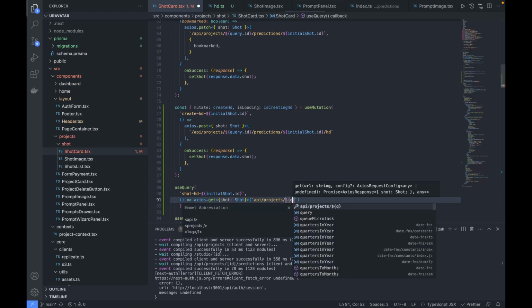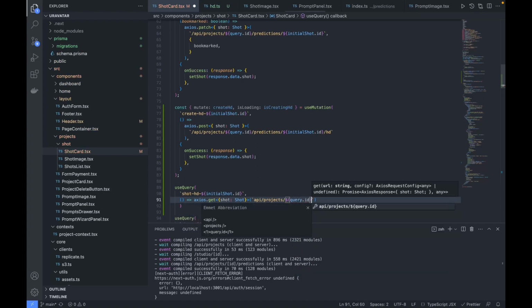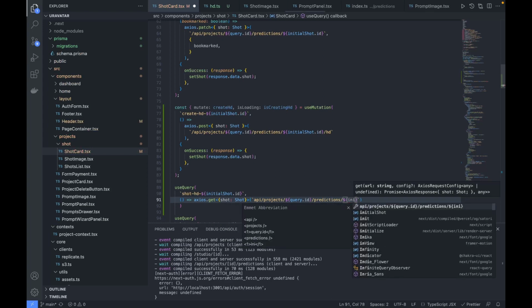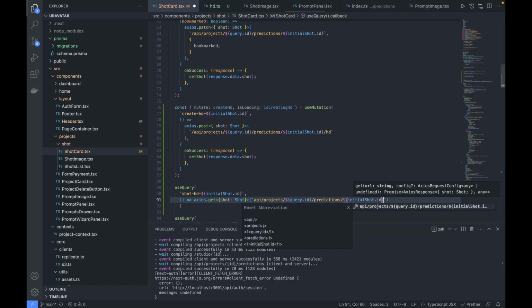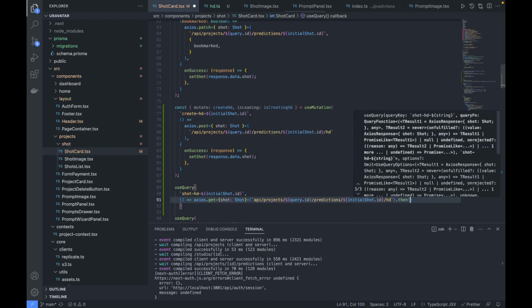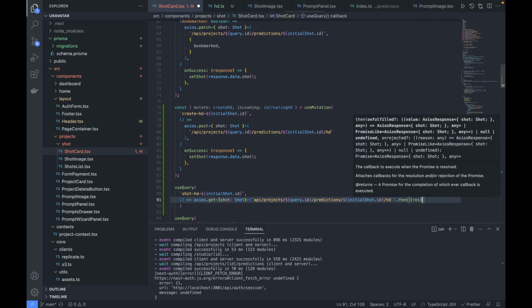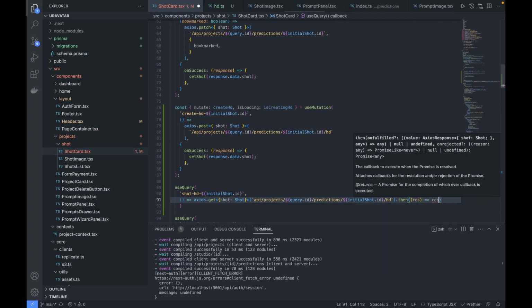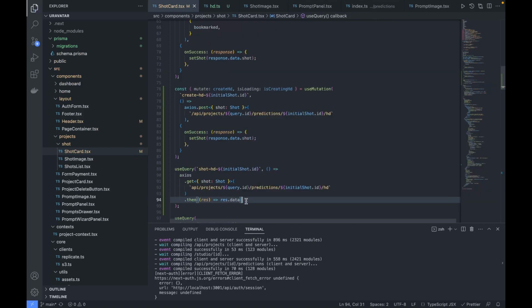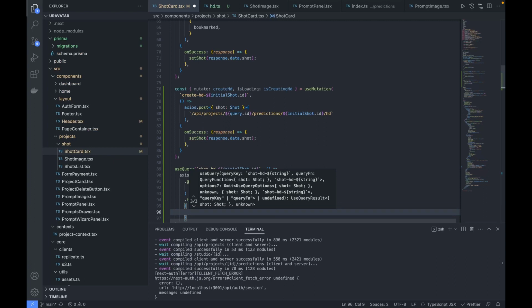slash query.id, and then predictions, and then initial short dot id, which is prediction id, slash hd. Okay, this is the endpoint. So here we are going to receive the response, so I'm going to get the response dot data. Okay, so here after this, in the callback function, we're going to mention the refetch interval and